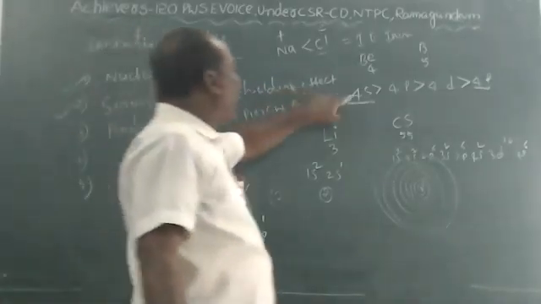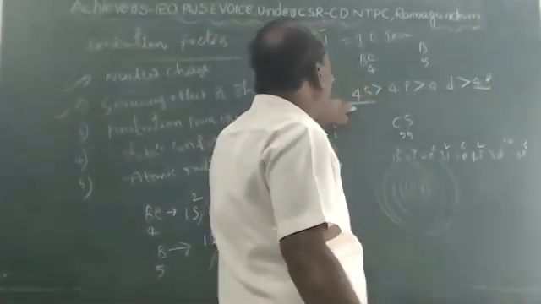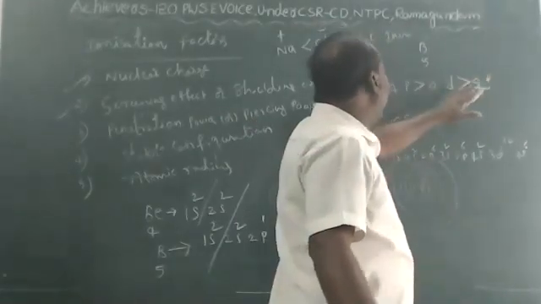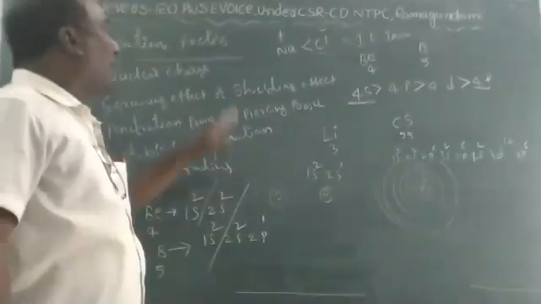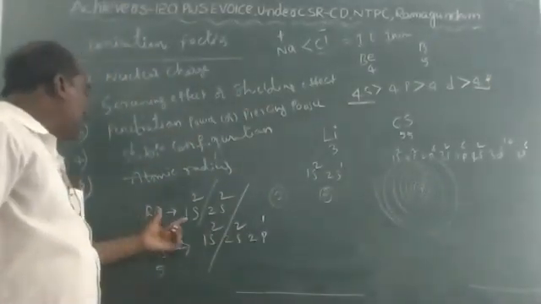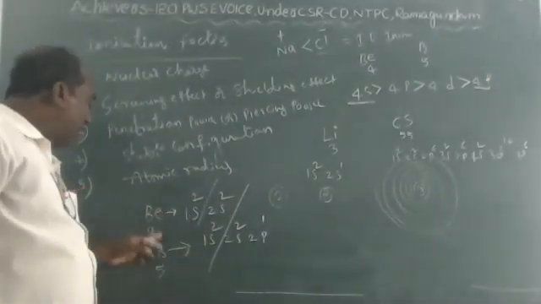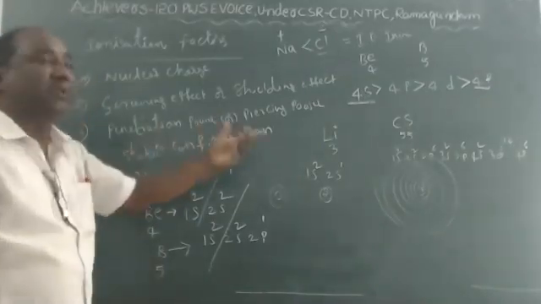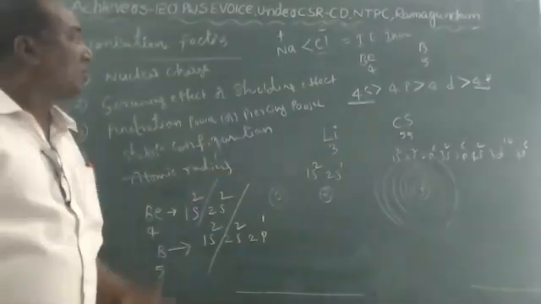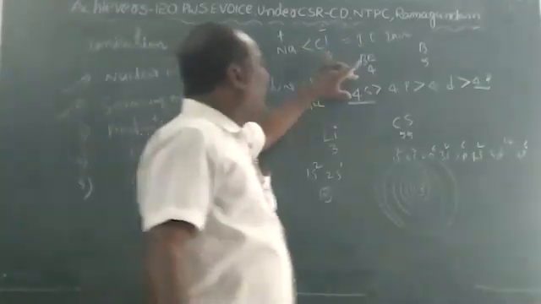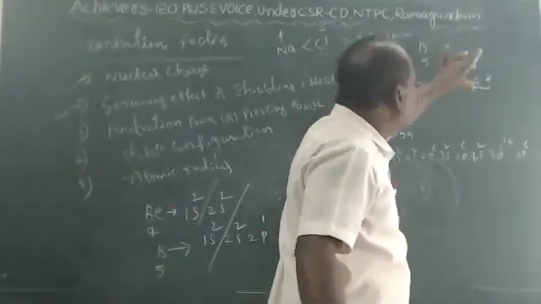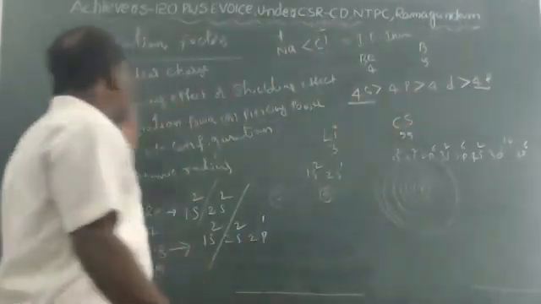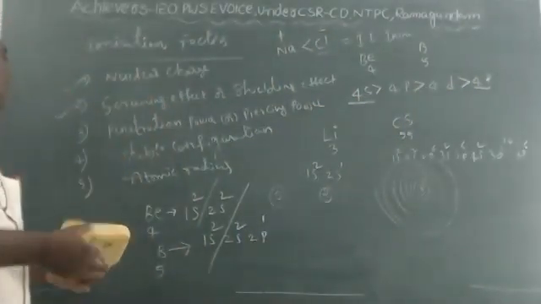Here, similarly, 4s has more penetration power than 4f, because they all belong to the same main shell. But however, as in the example of beryllium and boron, if the atomic number increases, the penetration power is decreasing. So compared to 4f, 4s has greater penetration power. This is the penetration power, or piercing power.